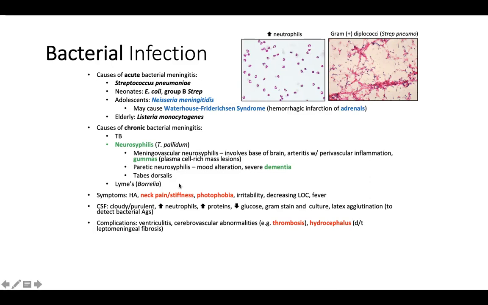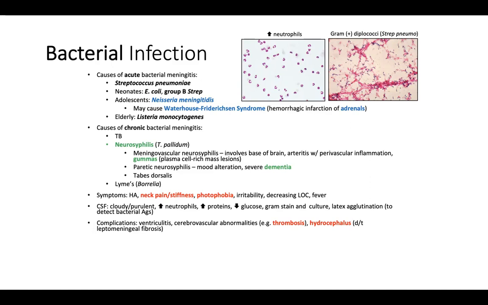Anyways, causes of chronic meningitis can be TB, neurosyphilis, or Lyme disease. So with neurosyphilis, it's going to affect the brain, and there's going to be these gummas, and it can cause mood alteration, dementia, walking oddly. Symptoms of meningitis are going to be neck pain, stiffness, photophobia, irritability, high fevers. And if we look at the CSF for bacterial infections, there's going to be high neutrophils, high